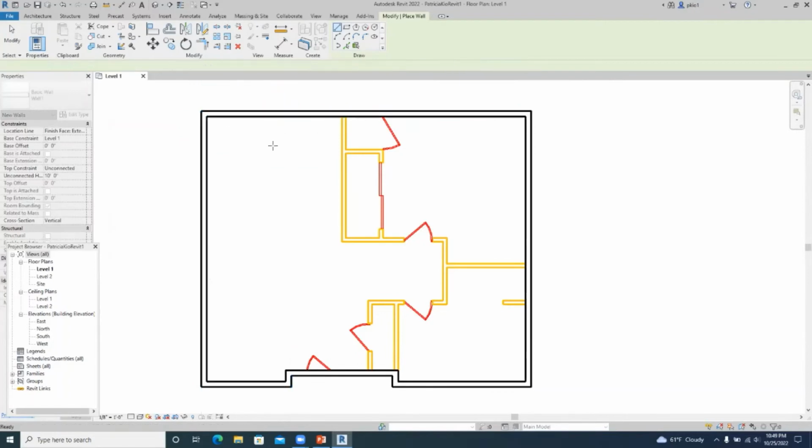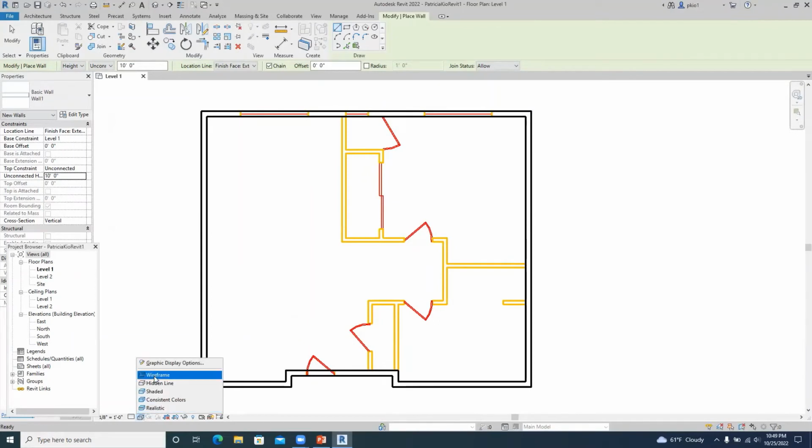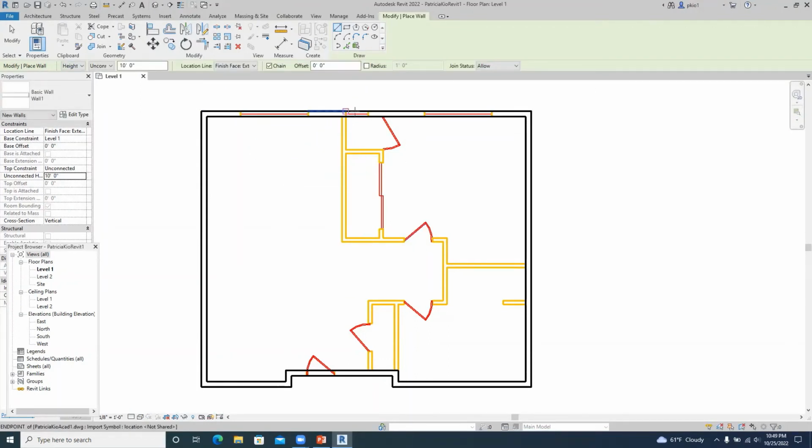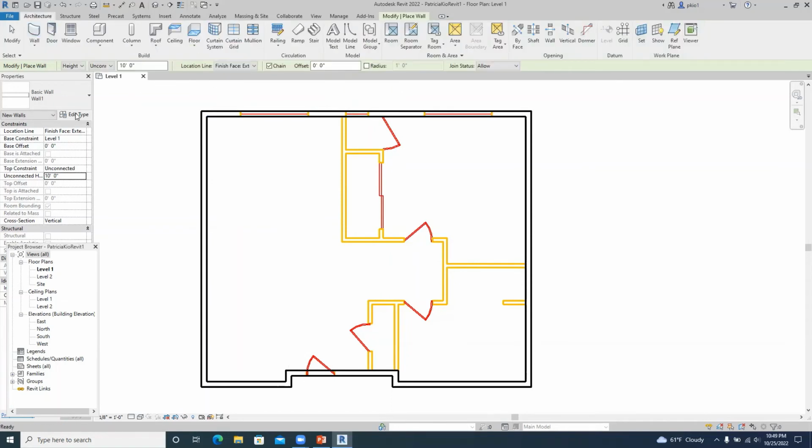And now we have a wall. So in order to see the lines that we brought in, we can change our settings to wireframe. Wireframe lets you see through the lines. So click on this box and then select wireframe so that you can see the windows. Okay, so we have our exterior walls, and then we'll go back to wall and then edit type, and then